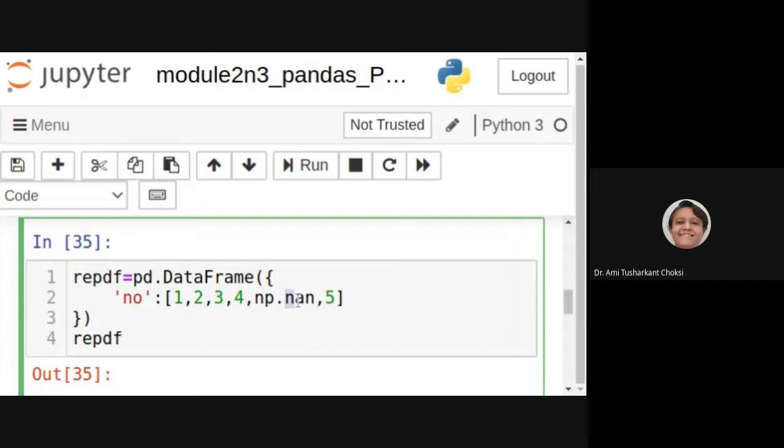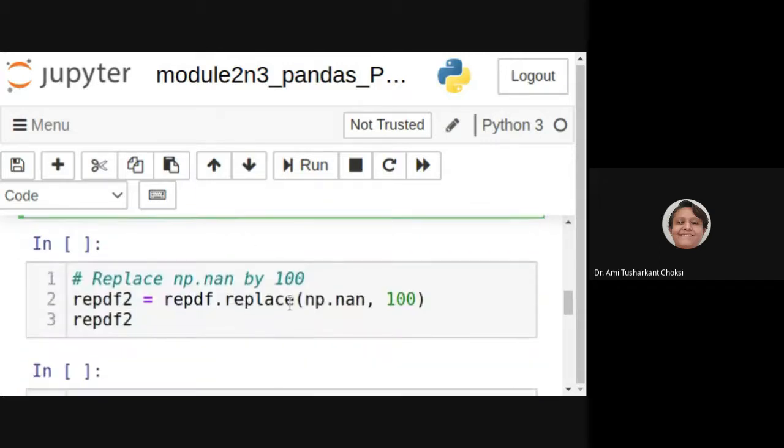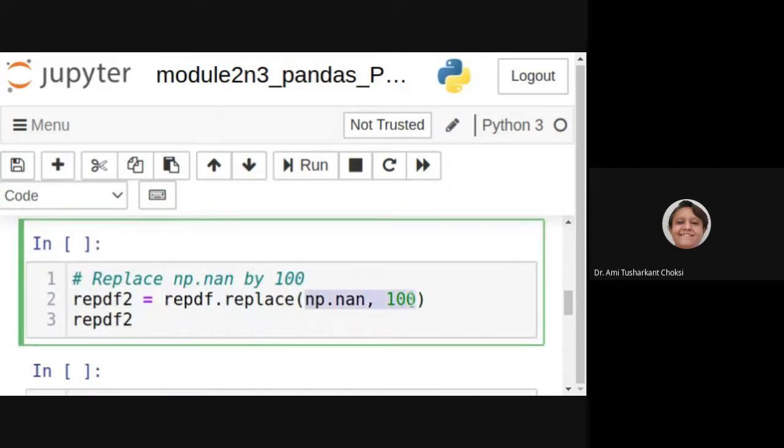As such, it is said to be not a number, but it is used as not available or missing values. So this is the data frame we have created. Now we want to replace this np.nan with say 100 or any other value.